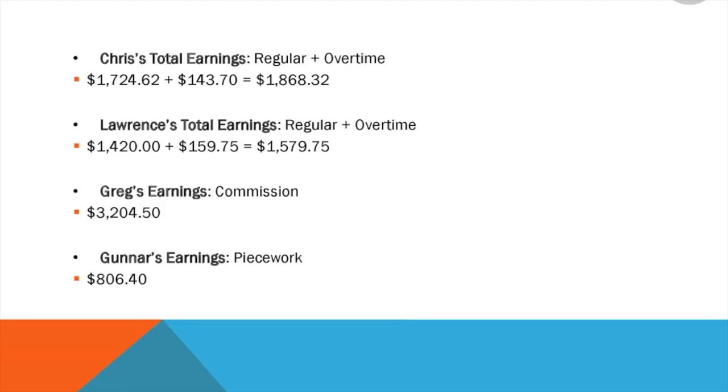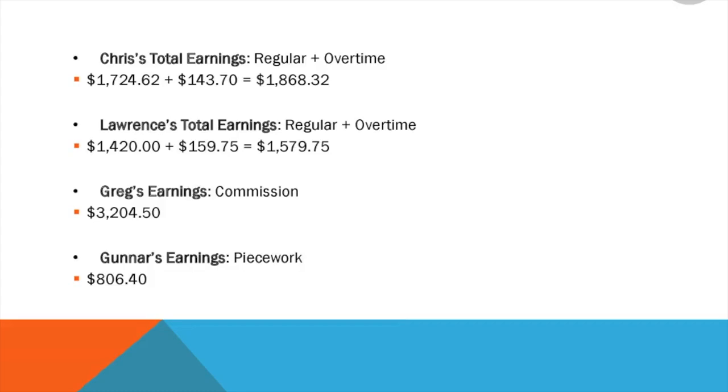Now, as far as the tax calculation formulas, Chris's total earnings, which is regular plus overtime, 1,724.62 plus 143.70 equals $1,868.32. Now, for Lawrence's total earnings, regular plus overtime, is $1,420 plus $159.75, which equals